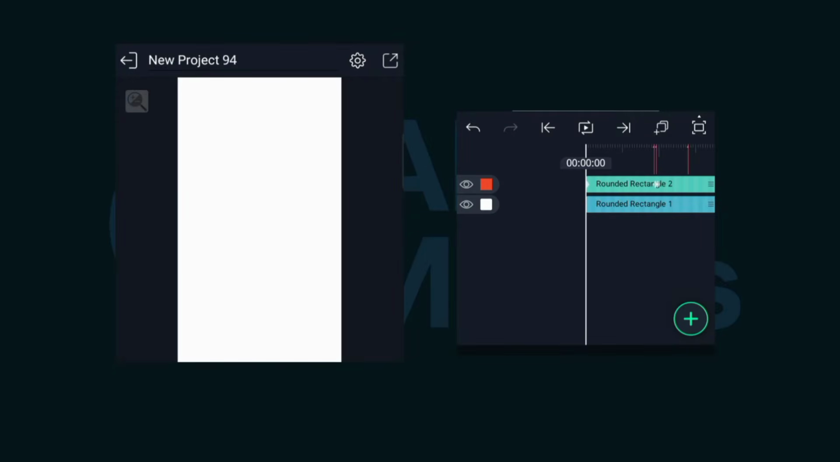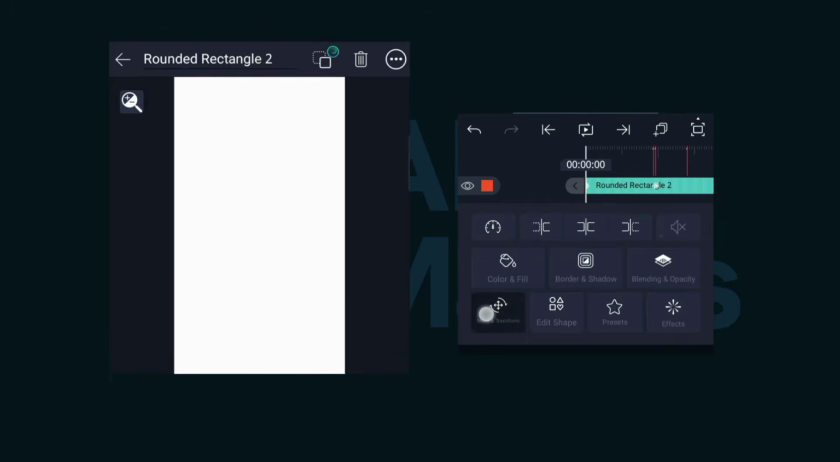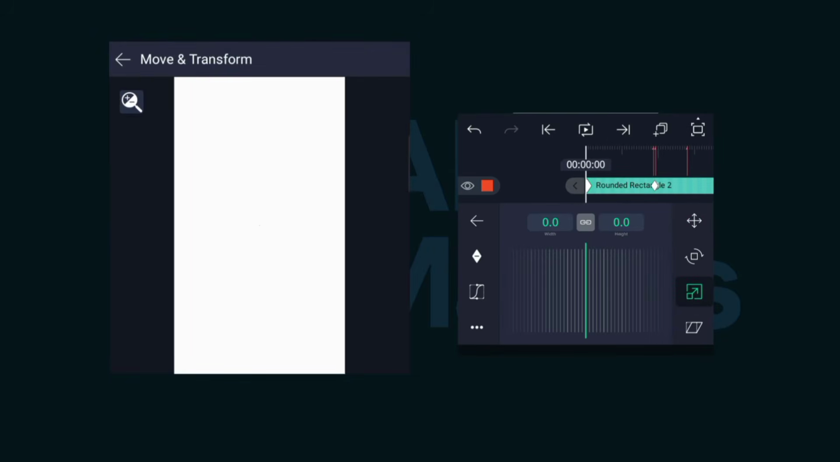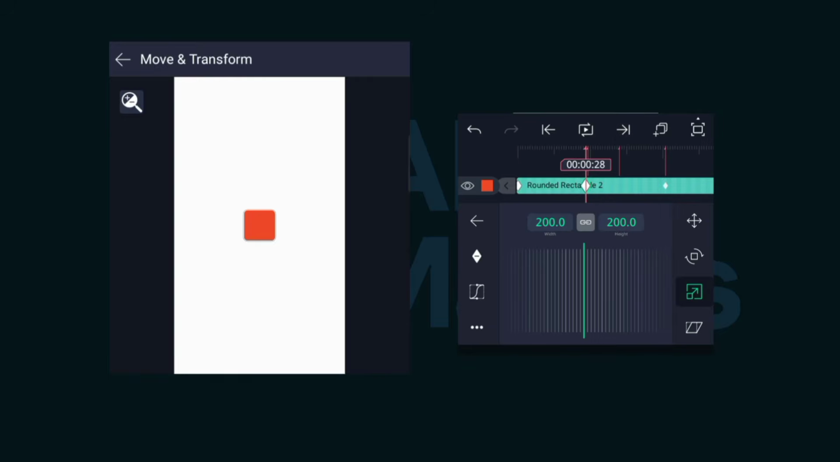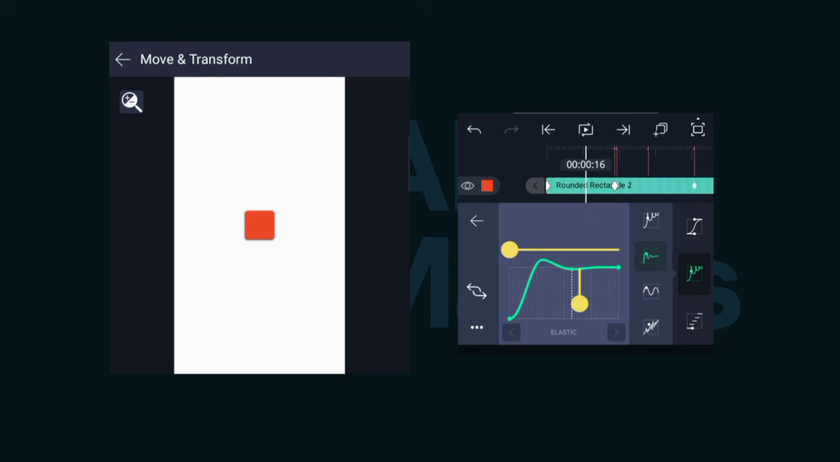Start by creating a new project and add any shape you like. I'll be using a rectangle for this example. Go to Move and Transform, open the Scale property, and add keyframes to animate the scale so it changes smoothly. Once you've set the basic animation,